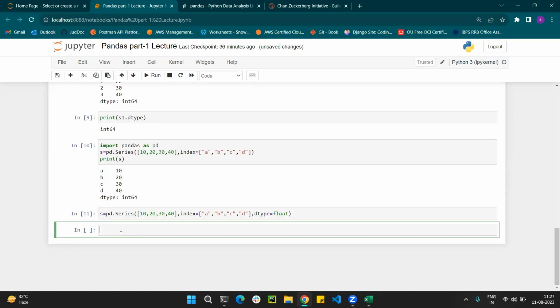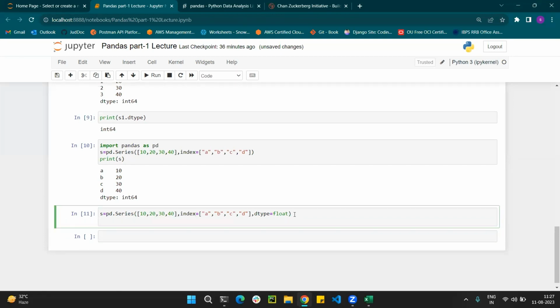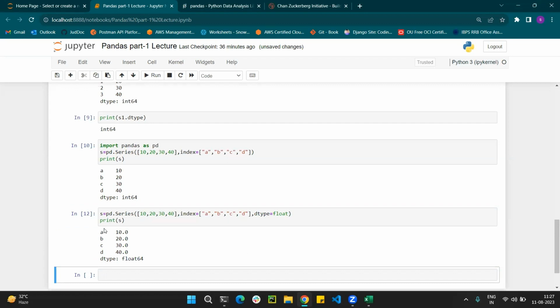What will come now? Print s. Previously I did not change the data type, but here I mention the data type as float. So it converts the integer values to float and gives the output 10.0, 20.0, 30.0, 40.0, like that. So this is the thing.